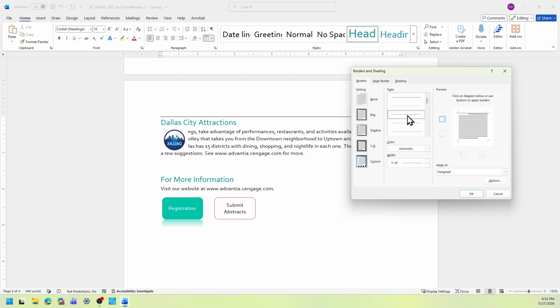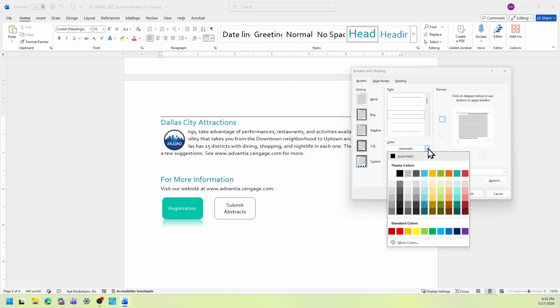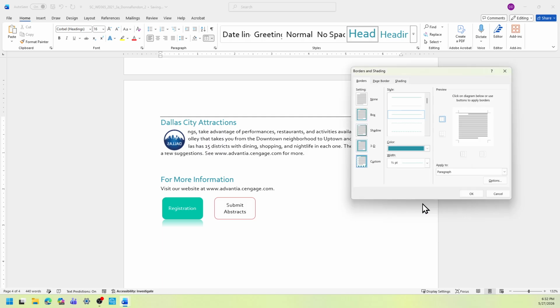So that's what we need, number 3. And then the color should be the turquoise accent 1, darker 25%. So you go to the color, open the color section, and we're looking for the turquoise, which could be turquoise accent 1 but 25%. And this is turquoise accent 1, 25%.